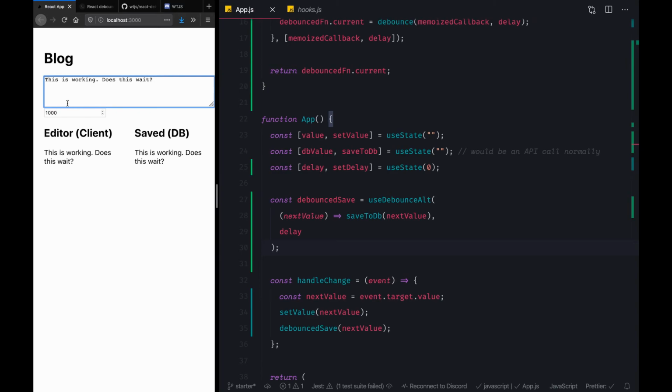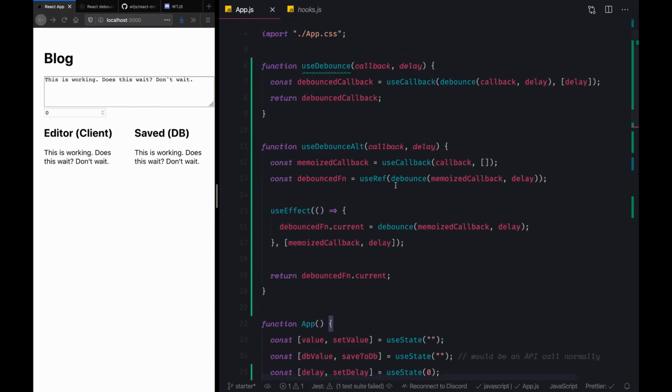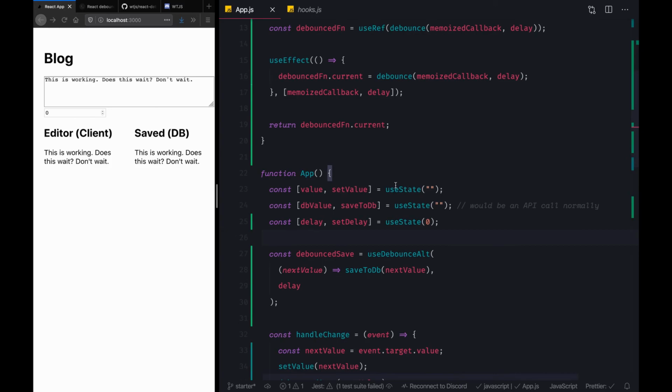Cool. So this is working exactly how we expect it to. And now change it back to 0. And now it's not waiting. So yeah, looks like our hook is working how we expect it to work.